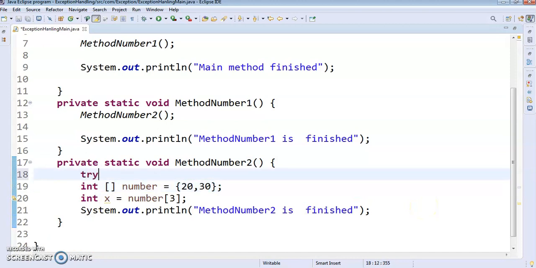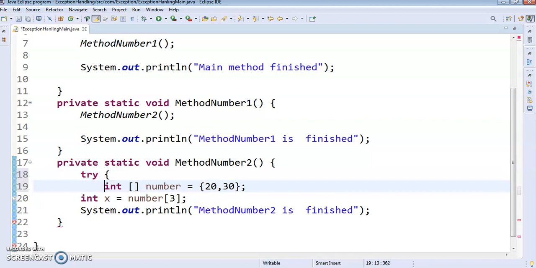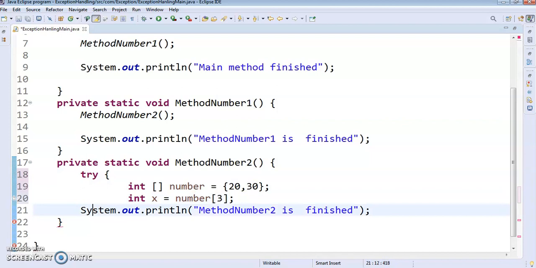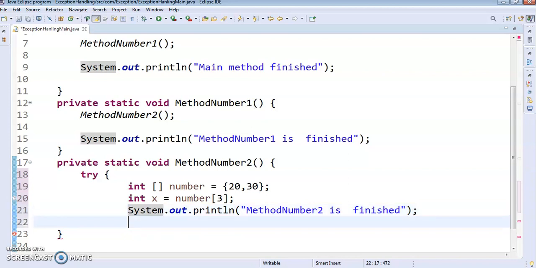It's very simple. Try, opening curly brace, put the data inside this, and then close this try block, and we'll write a catch block.